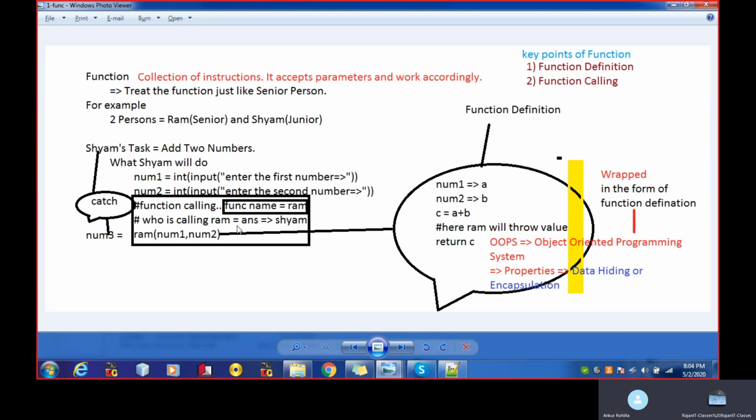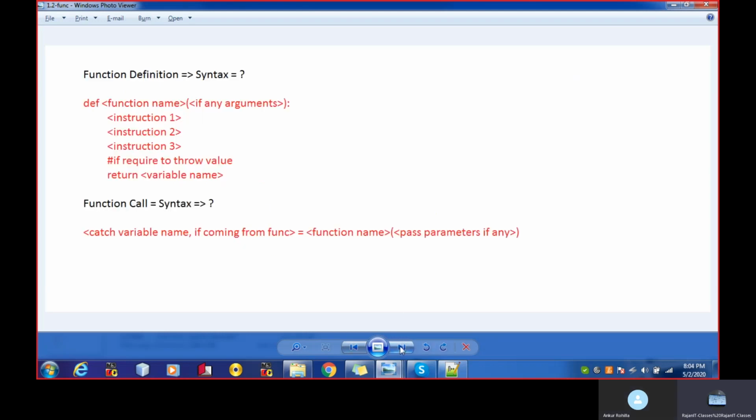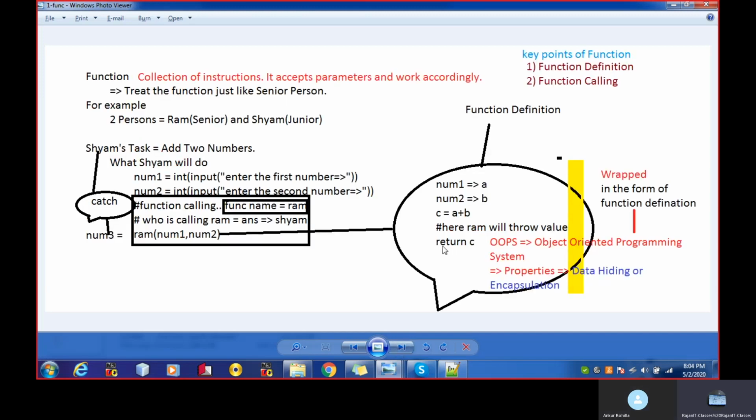Yes, sir. And we also saw how to make the factorial function, right? We also discussed the syntax to define the function and the syntax to call the function. And we have also studied the return keyword. What is the role of the return keyword?